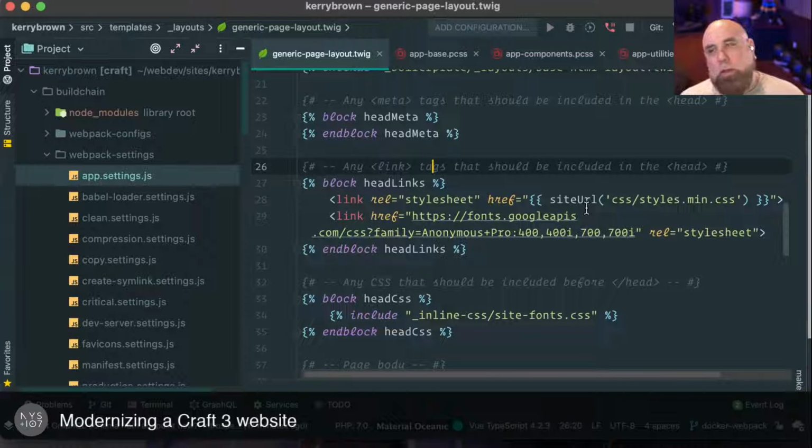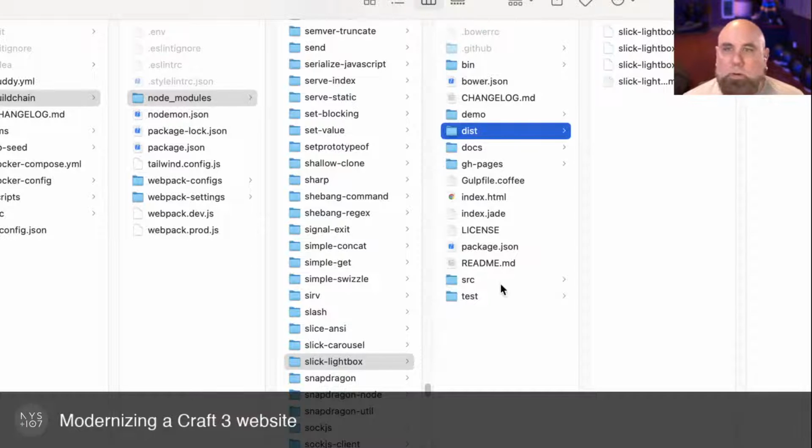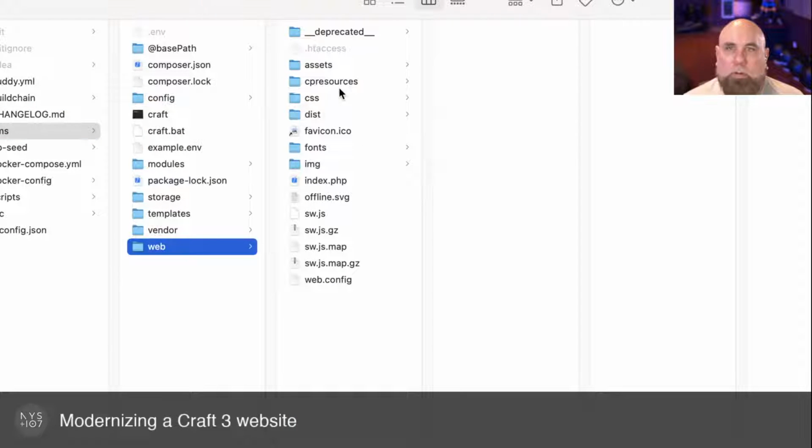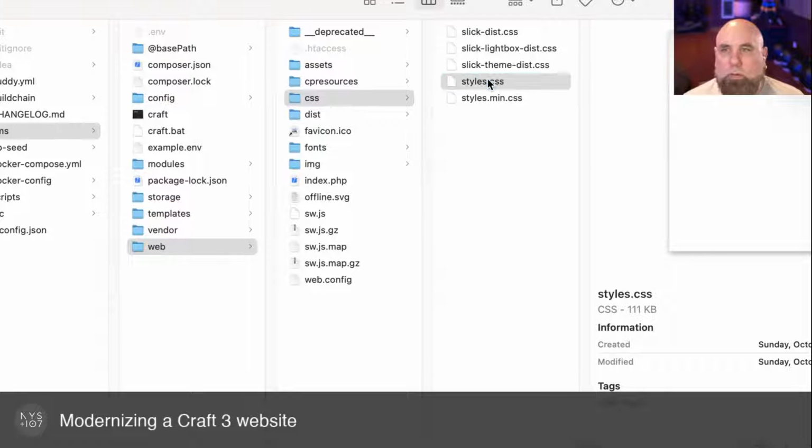So the one thing we have remaining is that we're using this style sheet, and this is a pre-built Tachyons style sheet. I don't think there's any build system in place for this website. If there was, who knows? So what I'm going to do is, here is our web. All right. So here's our CSS. So here are the styles. So I'm assuming that this is going to be the full styles stuff. So what we're going to do is make a copy of this, and we're going to put it into